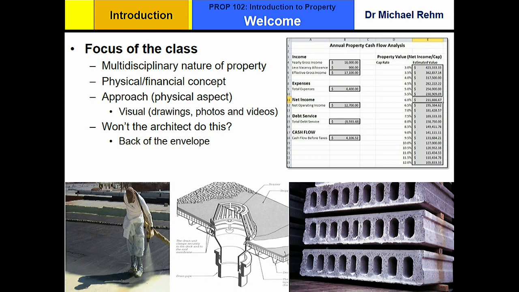As far as the approach, especially in the first half of the course, I use visual stuff all the time. I try to keep things visual, especially when dealing with the built environment, because I think you need to see it. Ideally, you're out there physically seeing stuff, but there's almost 300 students in this class. There's just no way I'm going to get you all onto a site or do any of that fun stuff. So we'll have to do it through drawings, imagery, video, and stuff like that. But I'll do my best to make it as real as I can for you, because I think it's important.